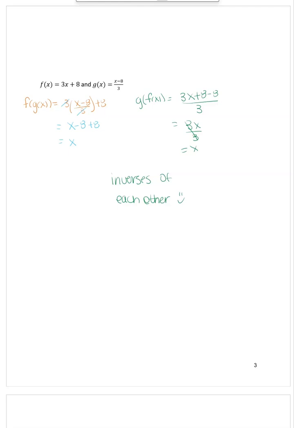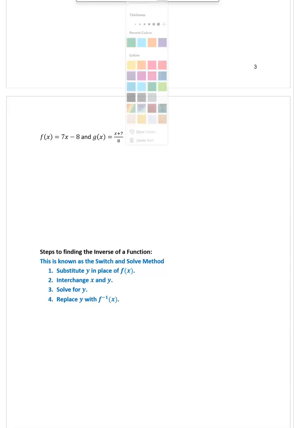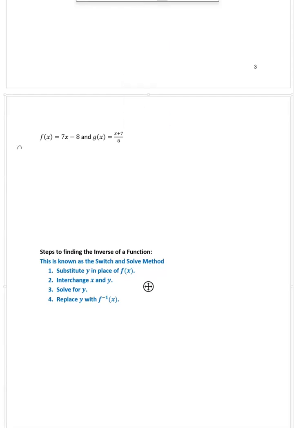Let's do this one. See what happens. Okay. So we're going to take f of g of x. Again, we're going to take this and put in place of the x. So we're going to have 7 times (x plus 7) over 8 minus 8. Well, we don't have our happy little cancellation, do we? So we need this to be written over 8. So if we write it over 8, that's going to be 64 over 8, right? 8 times 8 is 64. So we have, multiply this in, 7x plus 49